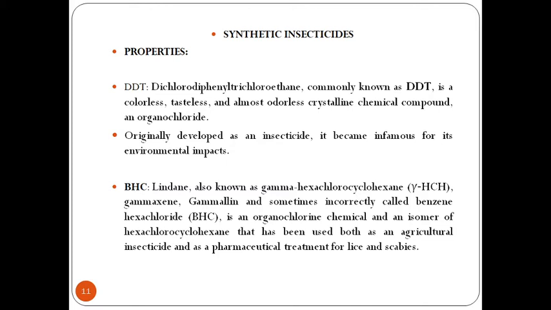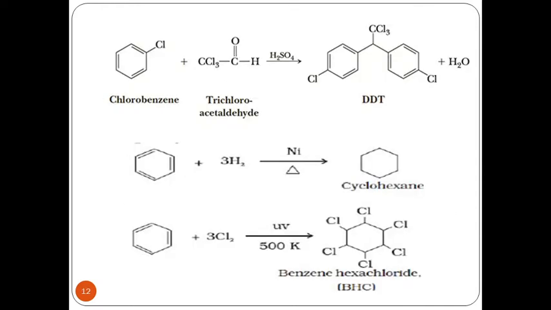We have seen that because of this effectivity, there are various forms. The most common active form is alpha HCH. So how do they synthesize it? Take benzene in the presence of hydrogen, with nickel as catalyst, heating the system, we get cyclohexane. That is my step number 1. What we do here is reduce the C double bond C.